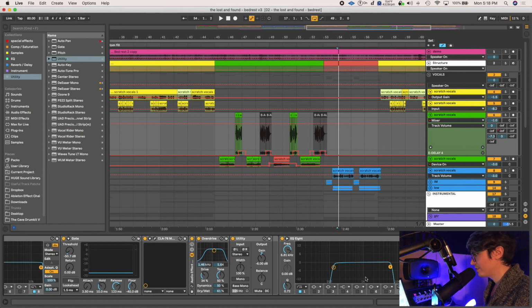There's also other plugins you can use. There's other boosts. Like I might boost around 1K, or there's some other cool Waves plugins that I would use to complement this, but I'm just mostly trying to stick to Ableton effects. A lot of this stuff you can use within Ableton just to make it easy for you guys.